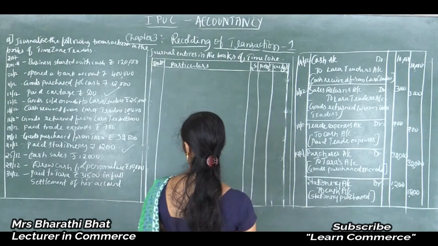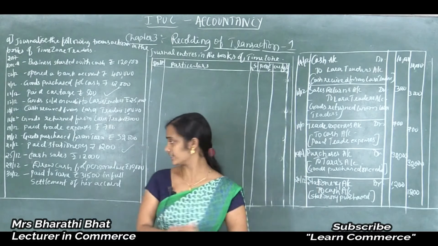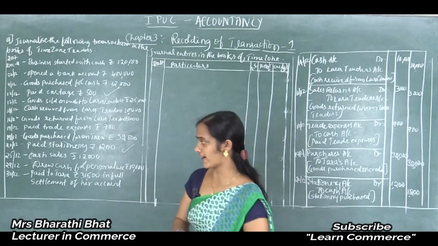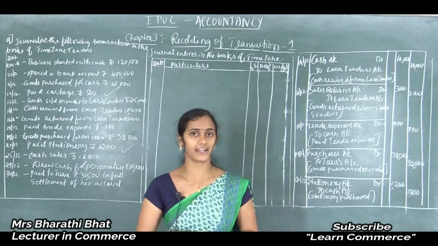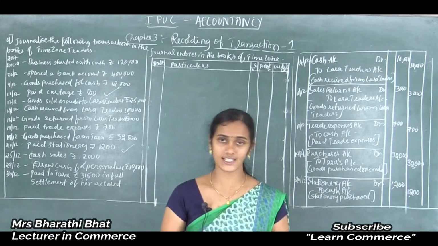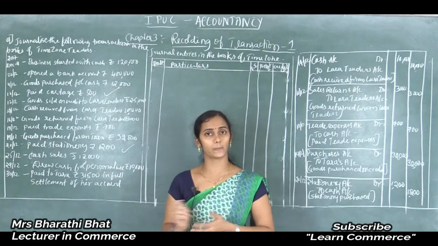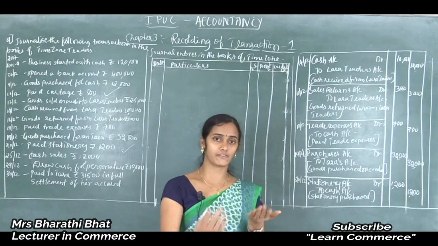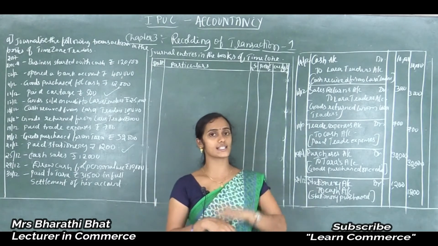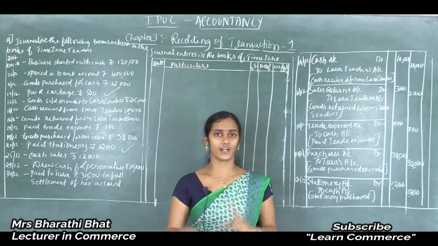What is the date? Stationery purchase 2012, and move to the next one, 25/12 cash sales. What is the entry for cash sale? Revenue increases along with the organization's cash volume, or cash balance also shows increased value. So when we are selling something, we will receive cash. So increase in asset is to be debited, increase in the revenue is to be credited.